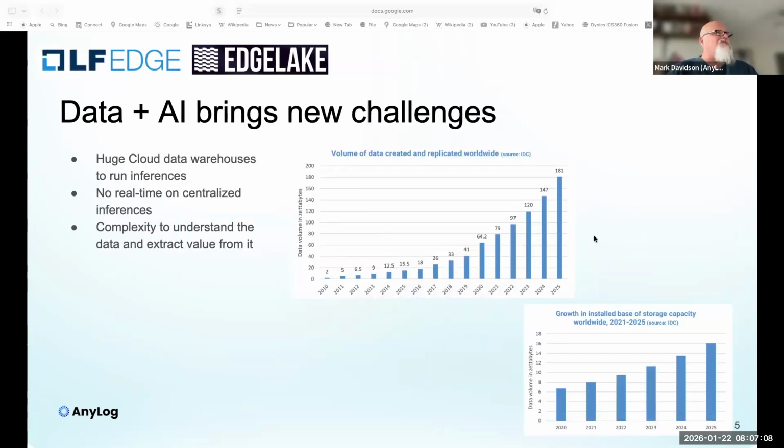AI brings new challenges. We talked about this a little bit earlier. We're having to build huge cloud data centers to host this data so I can run deeper AI and analysis on that data. I lose real time to a lot of that data. What tends to happen is, because of the volume of data at the edge, I tend to push summaries of data into the cloud so I can run the analysis. That summary is nice, but it loses the fine-grained resolution that you might need to diagnose issues or problems at the edge. And obviously, because of the complexity of data,